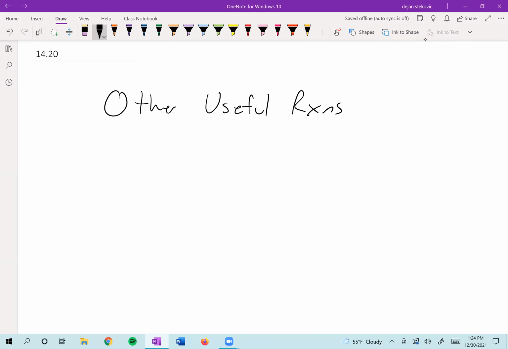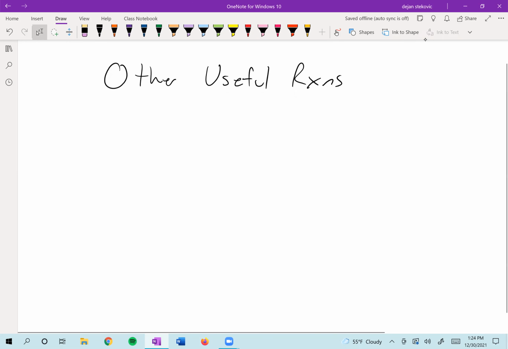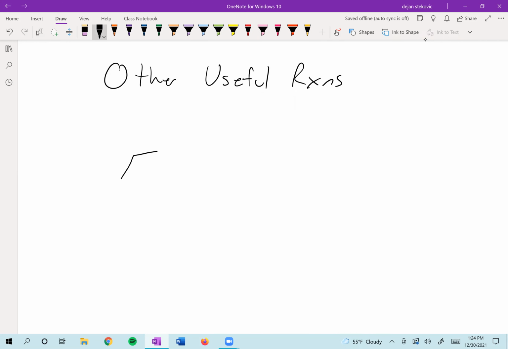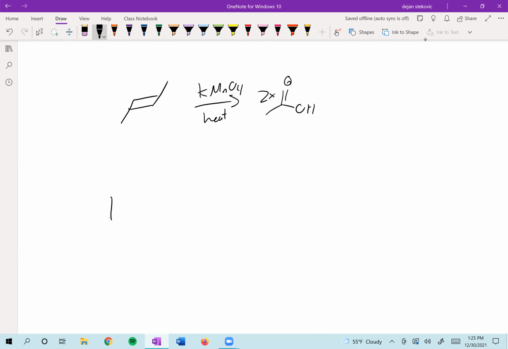All right, let's take a look at some other useful reactions that we can use with these benzene rings and substituted benzene rings. So remember back from CHEM1, if you have an alkene, if you add some potassium permanganate and some heat, you can oxidize this into carboxylic acids, right? And so we can do similar things with our benzene ring, but we don't actually even need the double